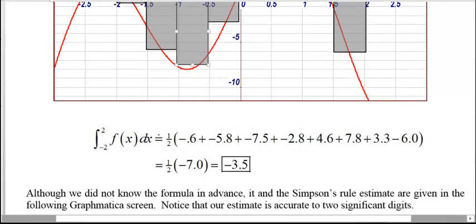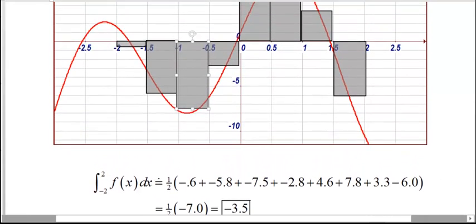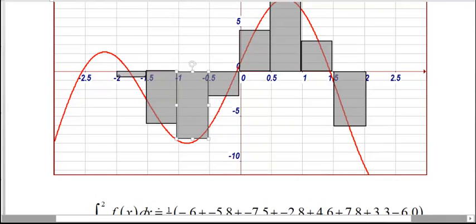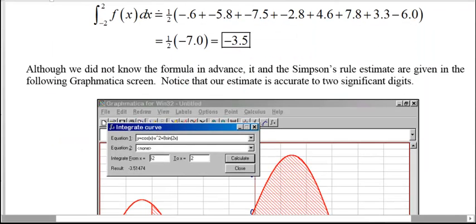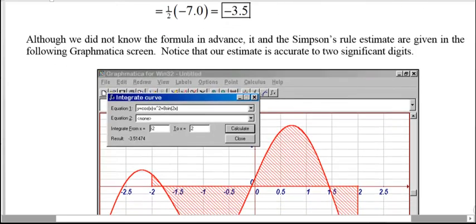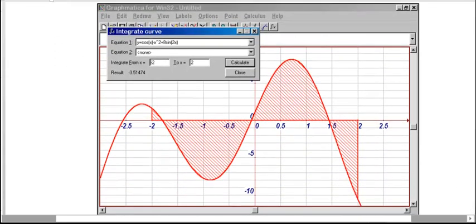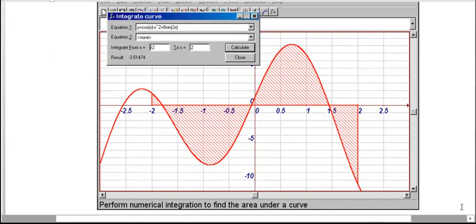And actually I've tried this with classes of students, and it works out pretty amazingly well. Some students will be over or under on a particular one a little bit of what it really should be, but by the time you do the whole thing, most of the students can get quite close to the correct answer using this method. So we're using Riemann sums, but we're trying to hit the average value. Here is the same function graphed in Graphmatica,